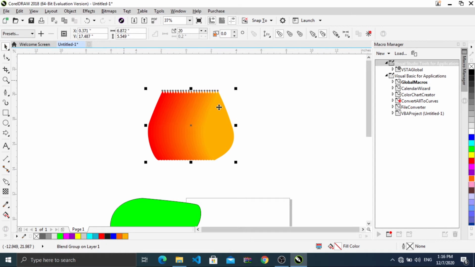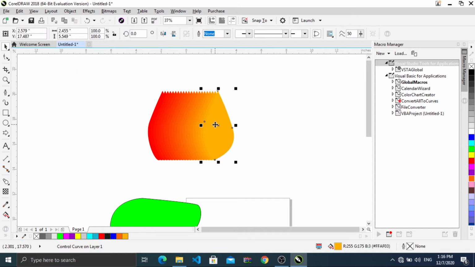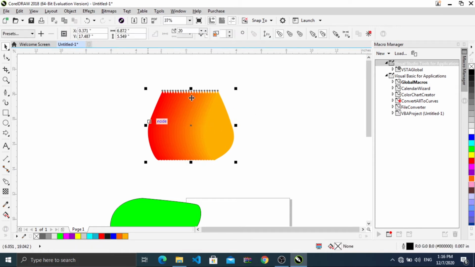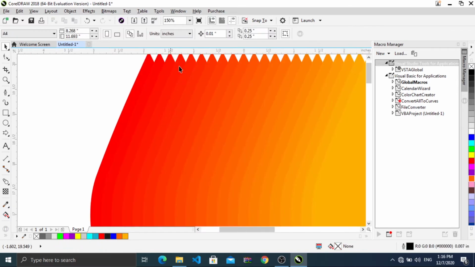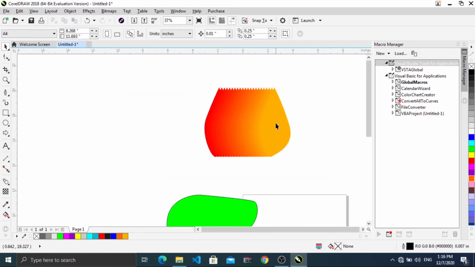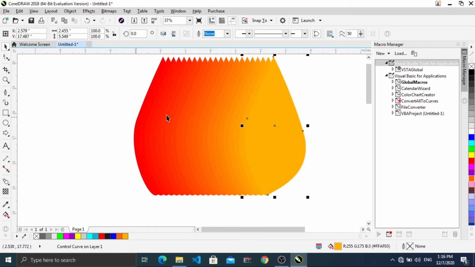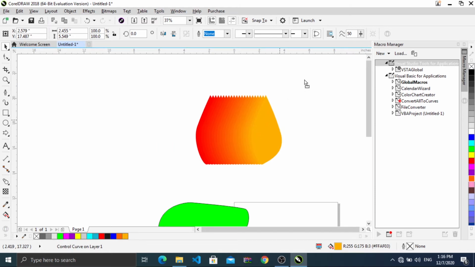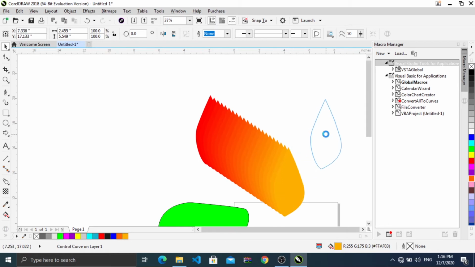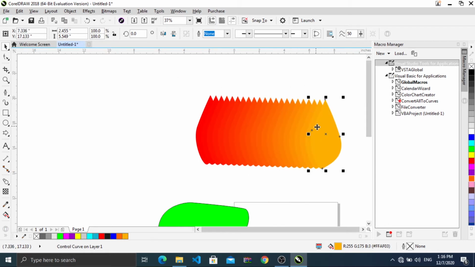Now it looks a little more interesting, so let's make it even more interesting. We have now completed this, and you can see here we have a complete object. You can see there's a duplicate of it, and if you click on the top one, only the top object is selected, not this part. Once it is selected, if you move this here again, you see it is forming like this. To make a fire, we know this color is in the middle of the fire, so we will just move it